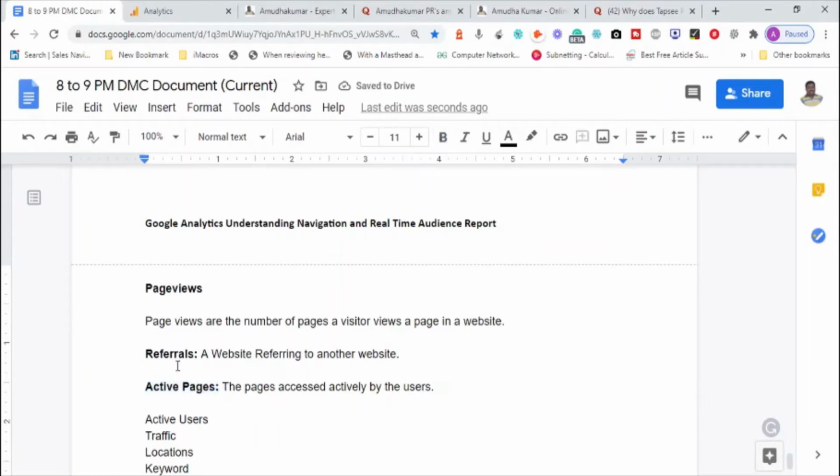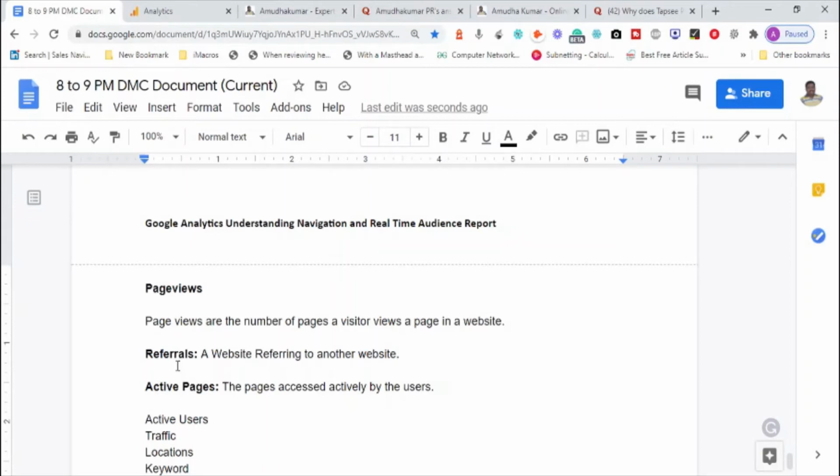For example, you take your SIM card. How does the organization decide your SIM card is active? When you regularly renew it, regularly recharge your plan, and you use the data. You also use the internet package which is there now, so that is called data, and you also use your phone calls and everything. So this is the confirmation for your mobile phone to be active. The same way, active pages are something where people are regularly reading your content, they are coming again and again, and your pages are actively shown to people.